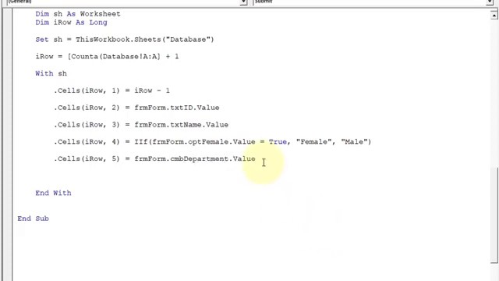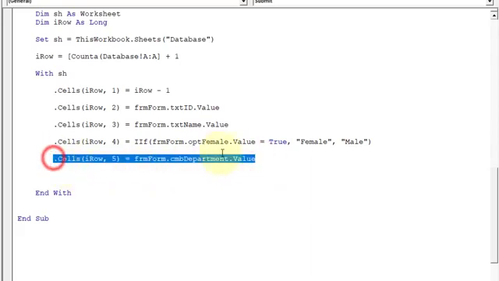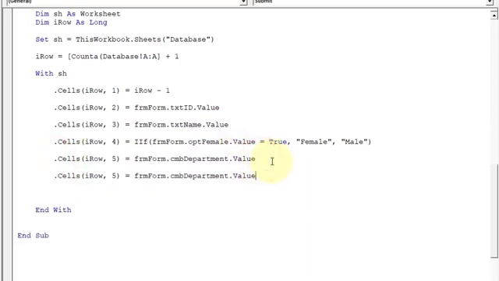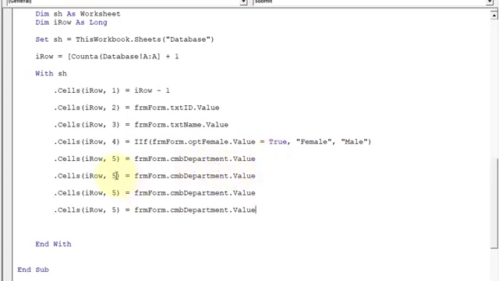Okay, let's copy this 5, 6, 7, 8. So let's change it to 6, 7 and 8, and copy one more line of code, and this is for column number 9.